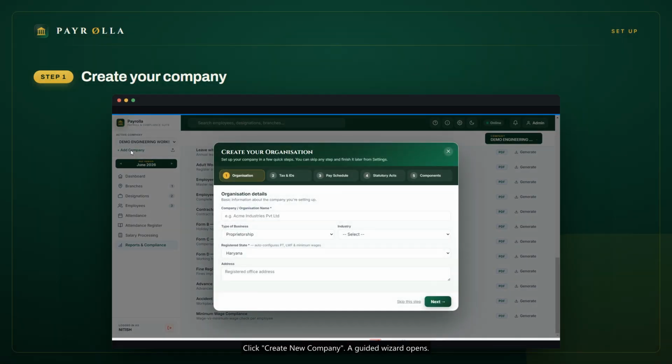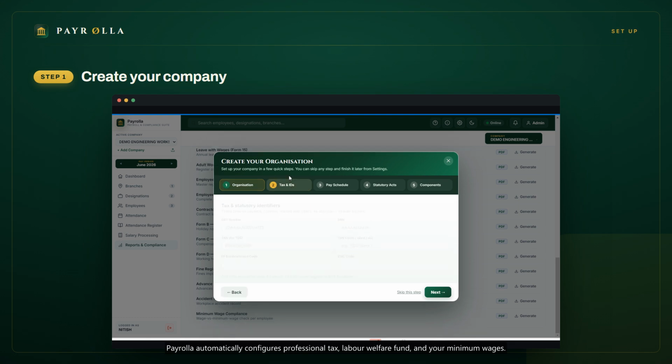Click Create New Company. A guided wizard opens. On the first tab, enter your company name. Say, Demo Engineering Works. Choose your business type and pick your state. The state is important. The moment you choose it, Payrolla automatically configures professional tax, labor welfare fund, and your minimum